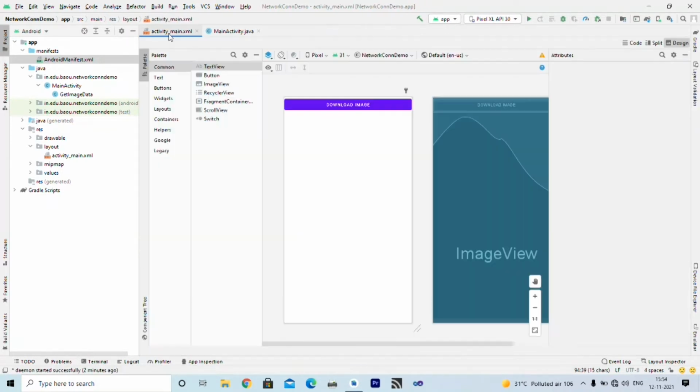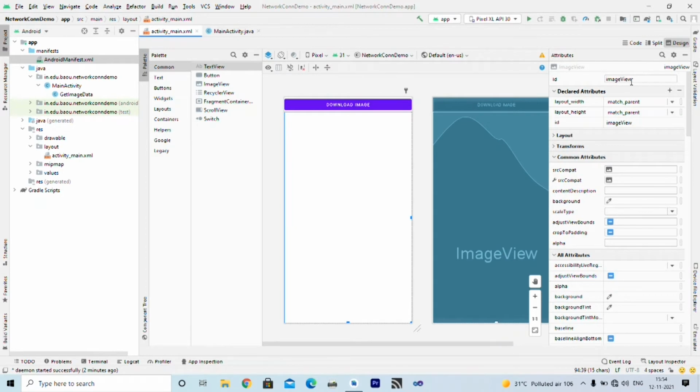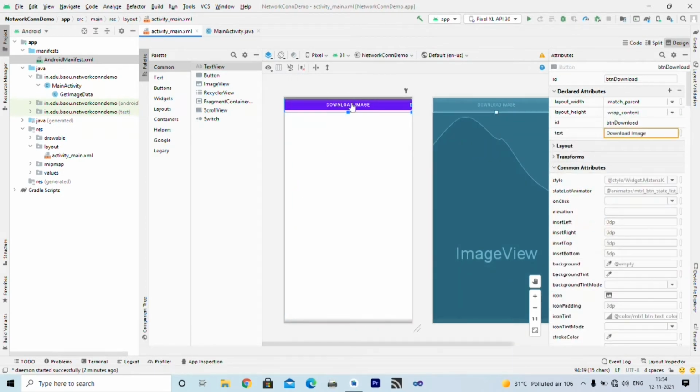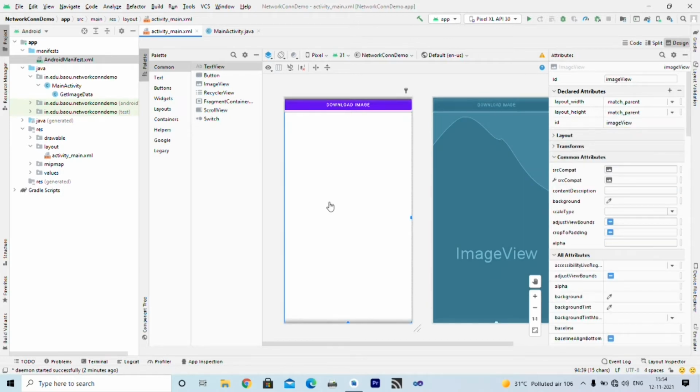Let us move to understand the layout. The layout is very simple. Here you can see we have one image view and one button with the caption Download Image. The ID of the button is btn_download and the ID of the image view is imageView. When the user clicks on the Download Image button, we will check whether a network connection is available or not.